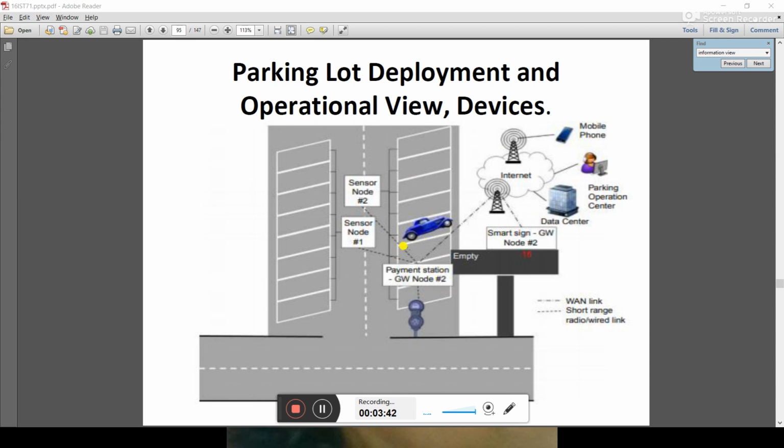Everything is managed and automated, and all the data is sent to the parking operation center, where it can be easily viewed and managed. So that is the deployment and operational view of a parking lot system.